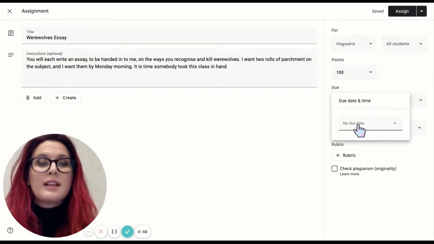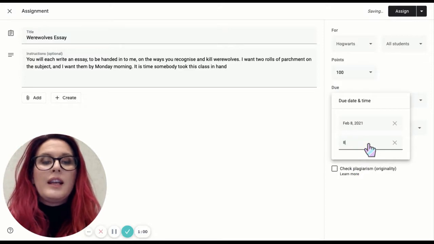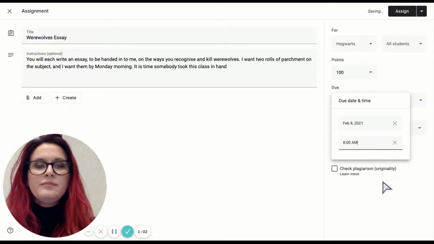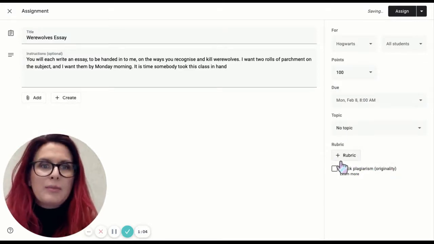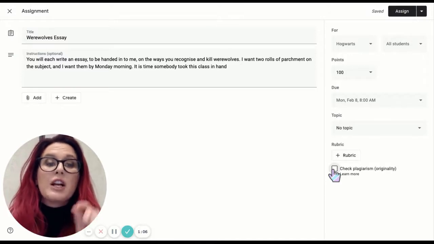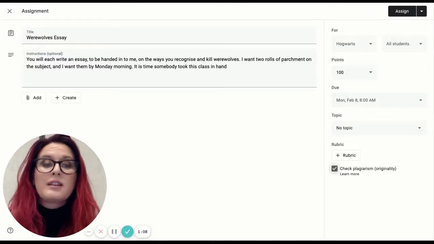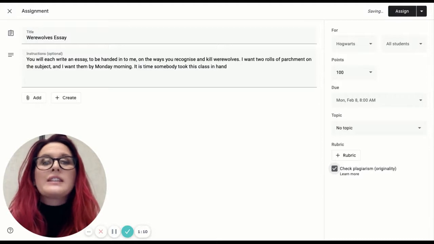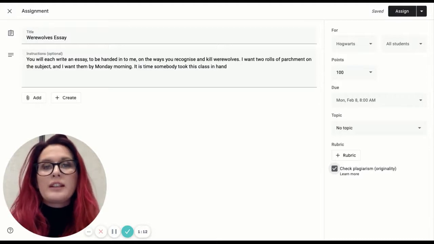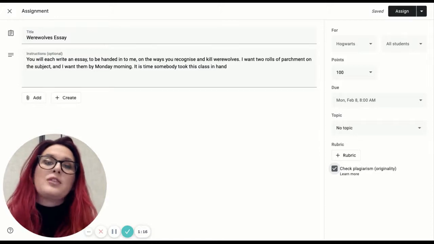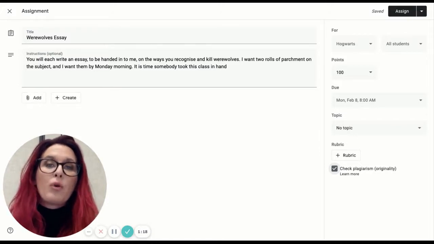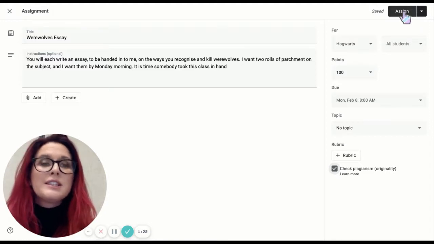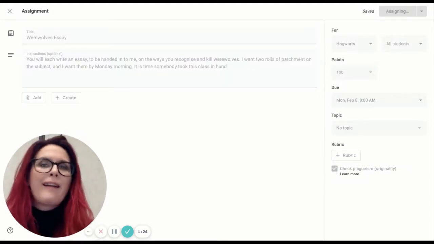I'm going to go ahead and set my due date for Monday at 8 a.m. But the most important thing I'm going to do is check this check plagiarism box. So once I check that, that's going to add this functionality to my assignment. And when students turn in their work, I'm going to have access to that Originality Report for the work that they submit. So I've done all I needed to do, and now I'm going to hit assign and wait for